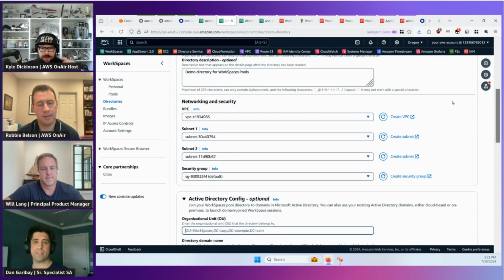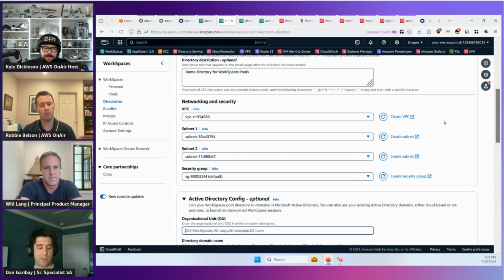Okay, so if someone was like, well, we only want our workspaces, pools, or environment to be accessed from our on-prem environment, this is where they could put in that IP address or CIDR range, or maybe even their web proxy address that they would be brokering. It's slightly more nuanced than that. That's just because of the way end user computing services handle networking. We have a primary network adapter that lives in our control plane and a secondary network adapter that gets attached in the customer VPC. This attaches to the customer side of that equation, but the inbound security where you specify streaming stuff is not modified by this here. So by default, that's open to the world.